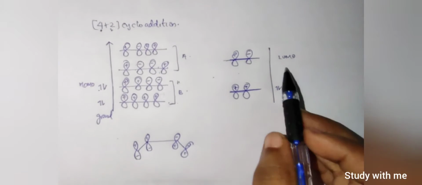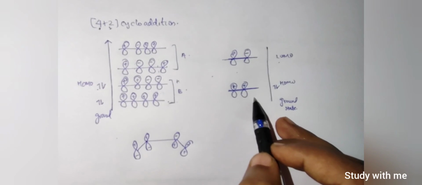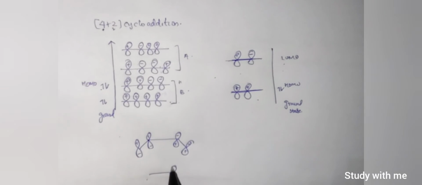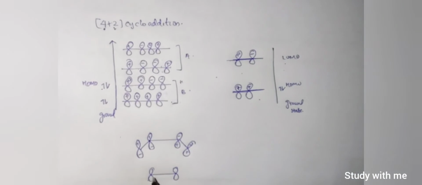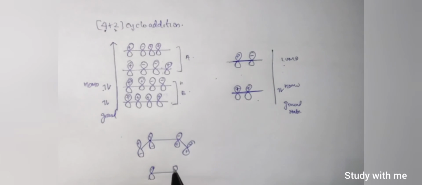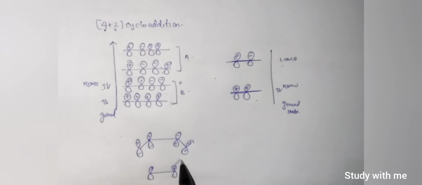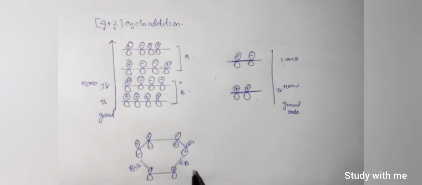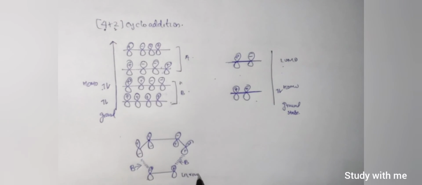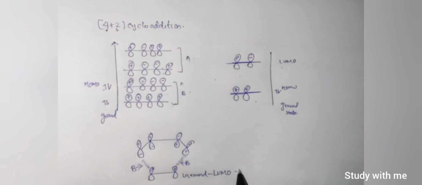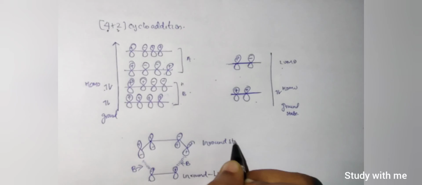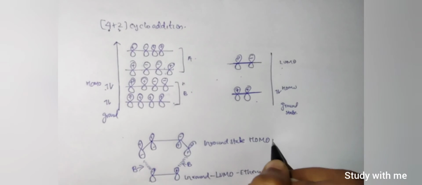And we have the LUMO of what? ED. Ground state LUMO of ED. So that will be here. Ground state LUMO is positive and negative. So we will draw like this for the matching. So this can interact like this, and there will be a bonding. This is the ground state LUMO of ED, and this is the ground state HOMO of butadiene.